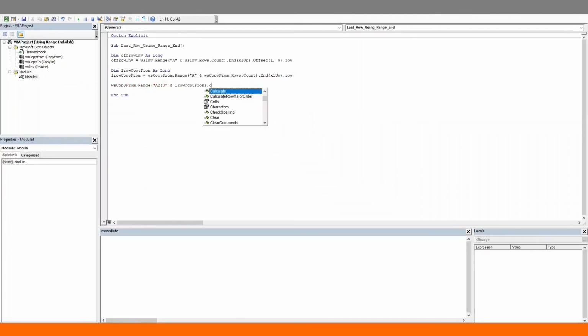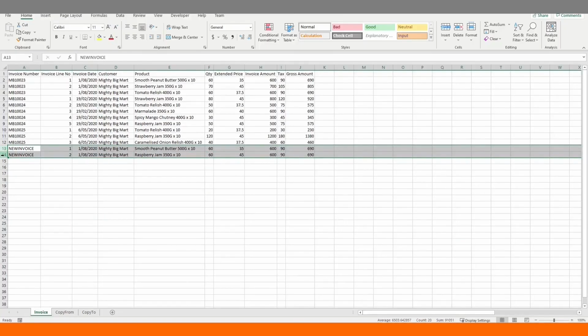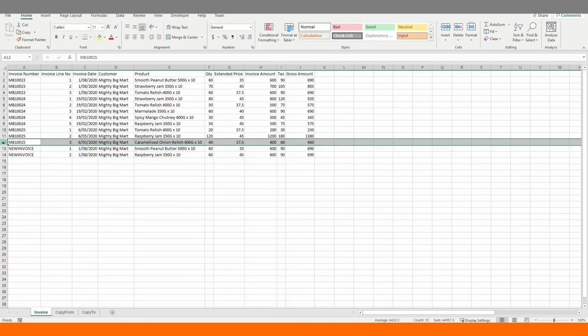I'm going to copy this and paste it into the first cell of the unused row that we have identified in the start. So this is the last row offset by 1. And that's it. Let's run this code. Here we can see our 2 new rows of data pasted right below the 12th row, which is the last row in our previous data set.